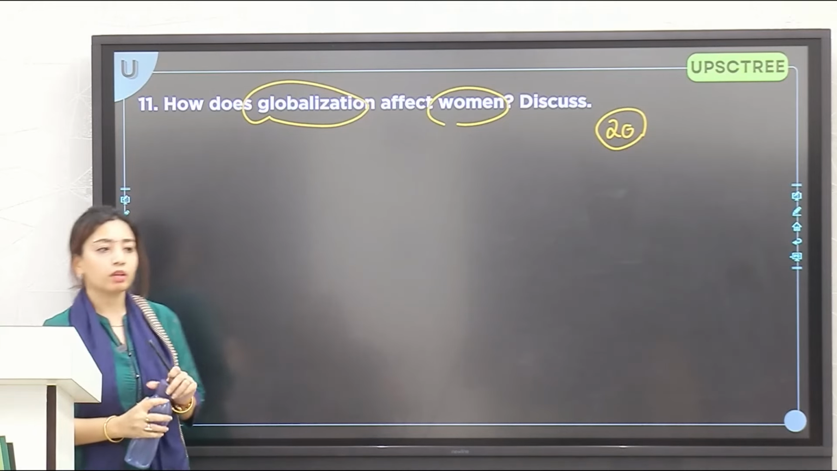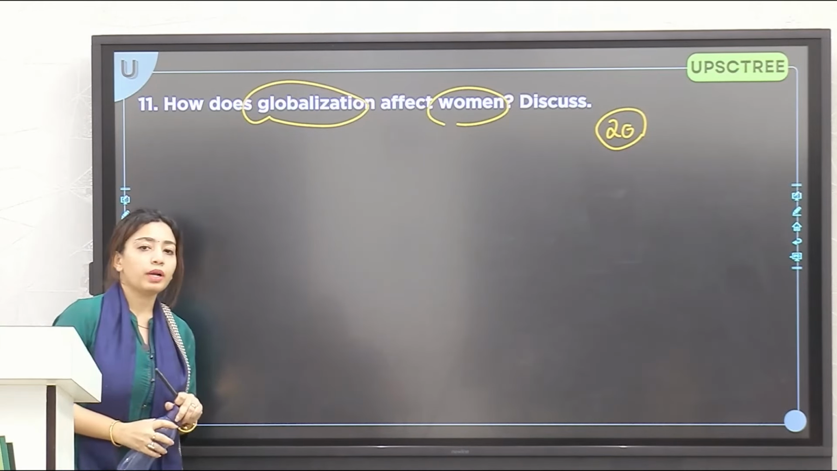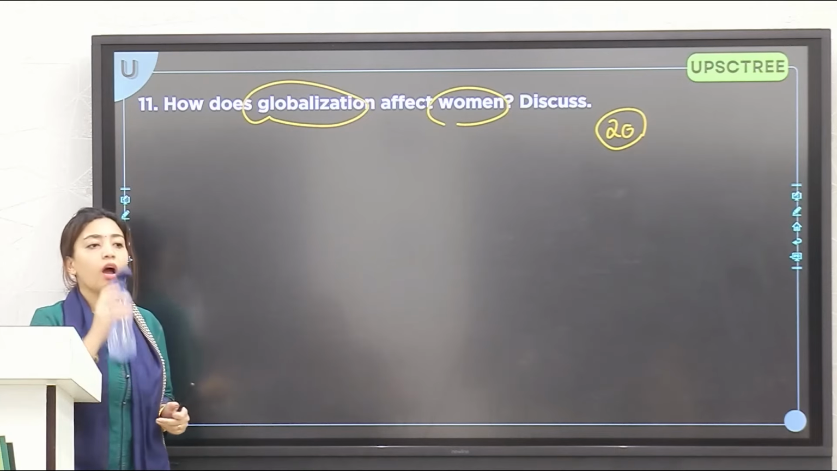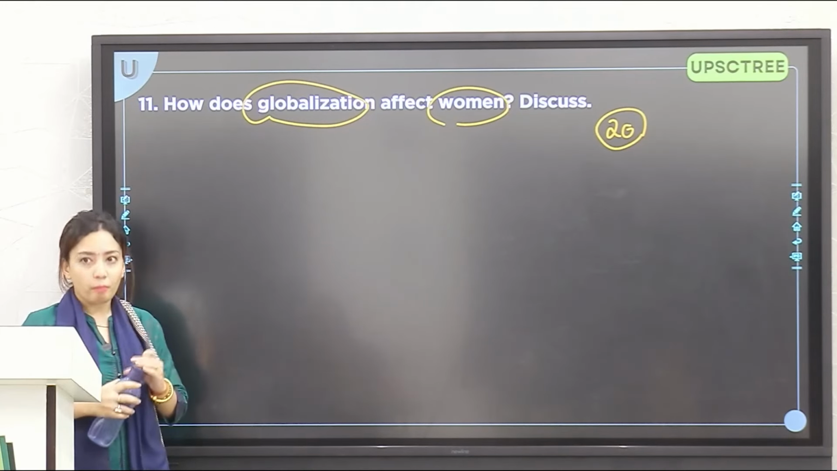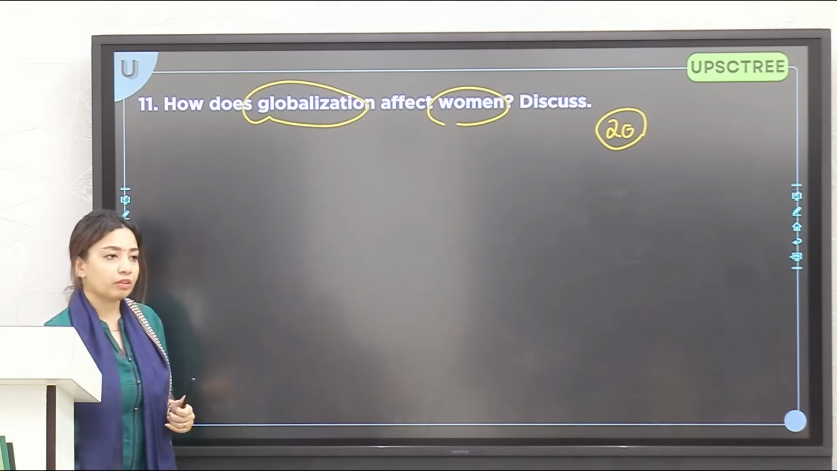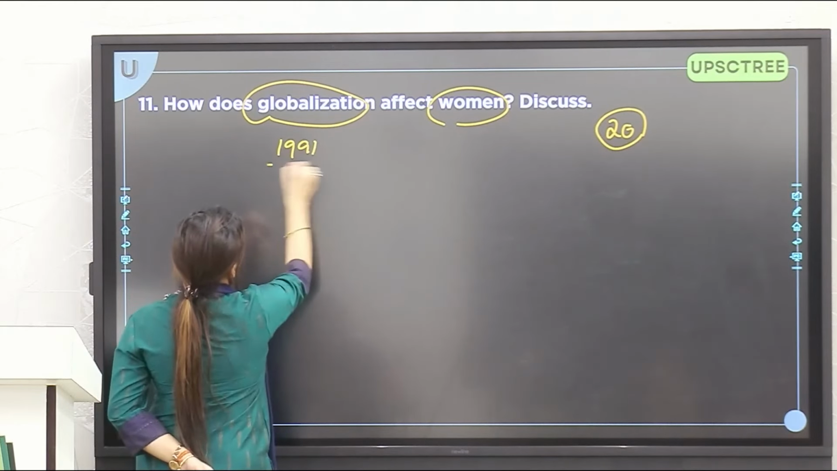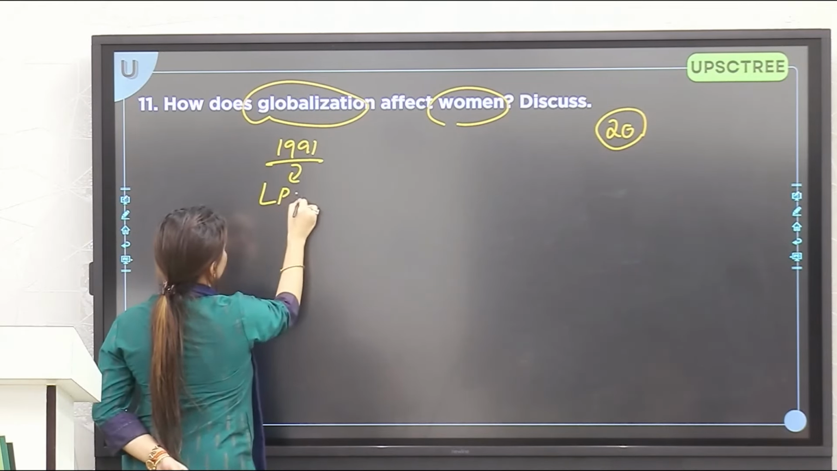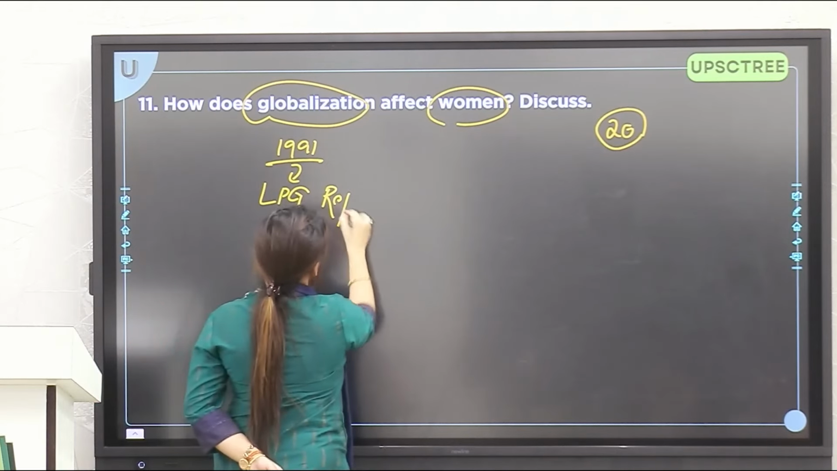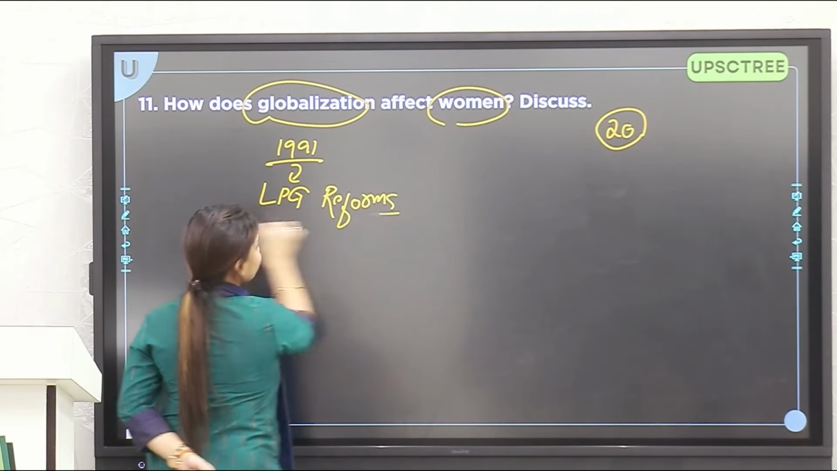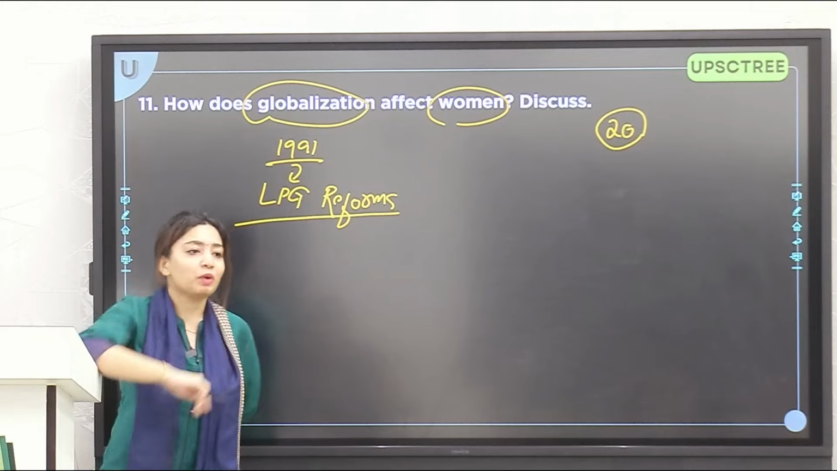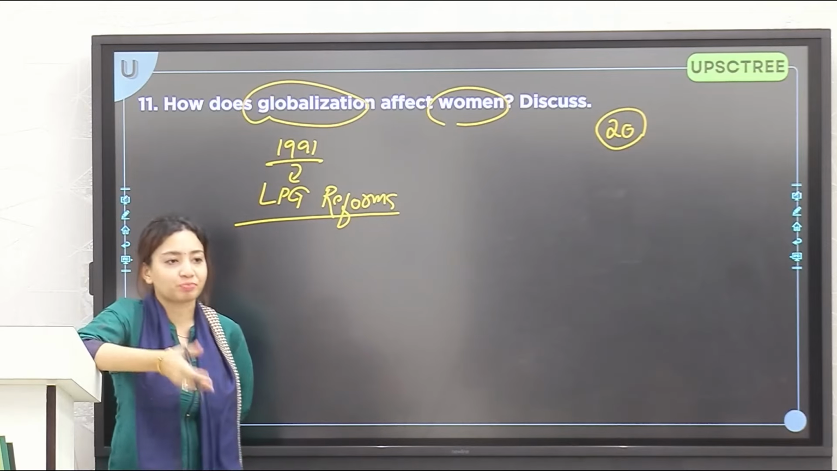No. Modernization is quite different. When did globalization start in India? Very good. 1991. Through LPG reforms. Economics. Okay. Do one thing. Take all your notes and